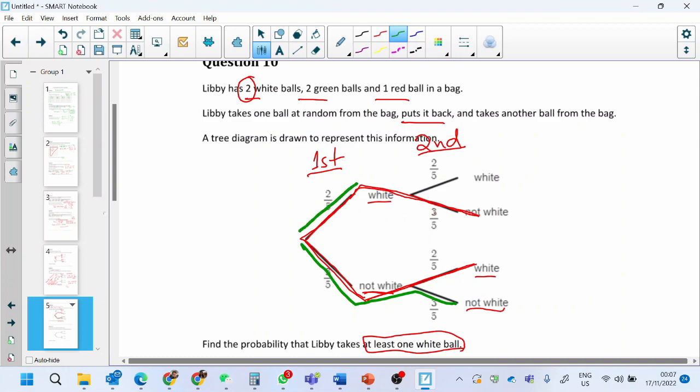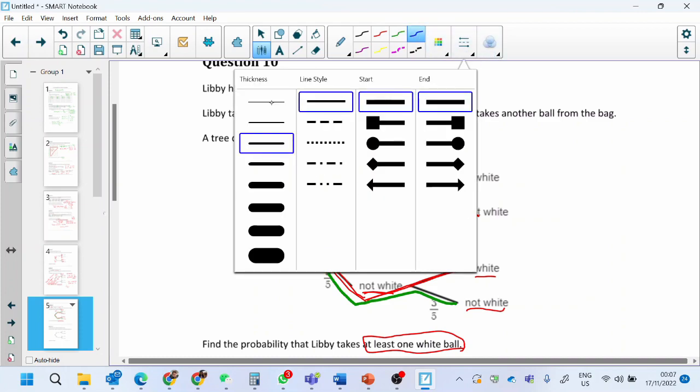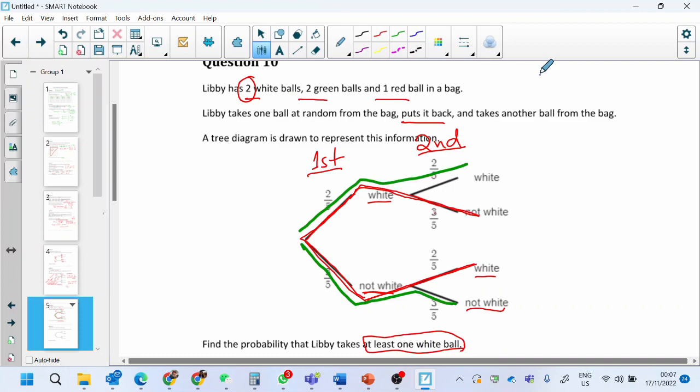And if you go on this branch, here are two whites, right? So the red one is the branch which we need to work out. So now, how do we work out this type of questions? So the first one, probability of white and probability of not white. These two are independent events. They are not mutually exclusive. So we write probability of white and not white